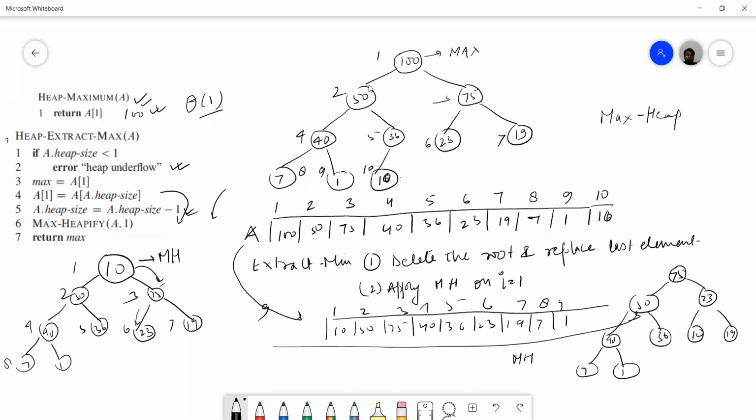So this is the operation for extracting the max. Simply, you have to do nothing new, like we have done in heap sort. Whenever you are asked to extract max, delete the root element, replace it with the last element, and then apply max heapify on the root index. Is this clear, class? Yes, sir. Now we'll see the next algorithm.